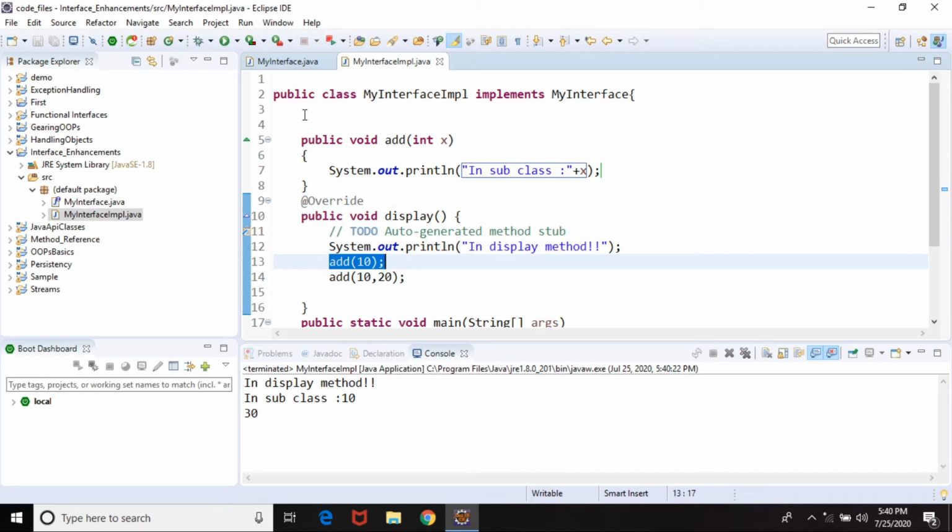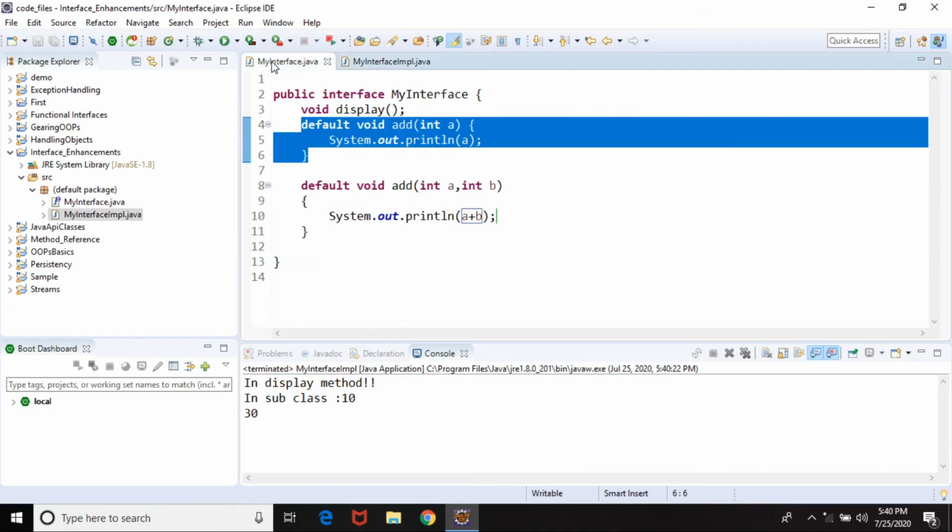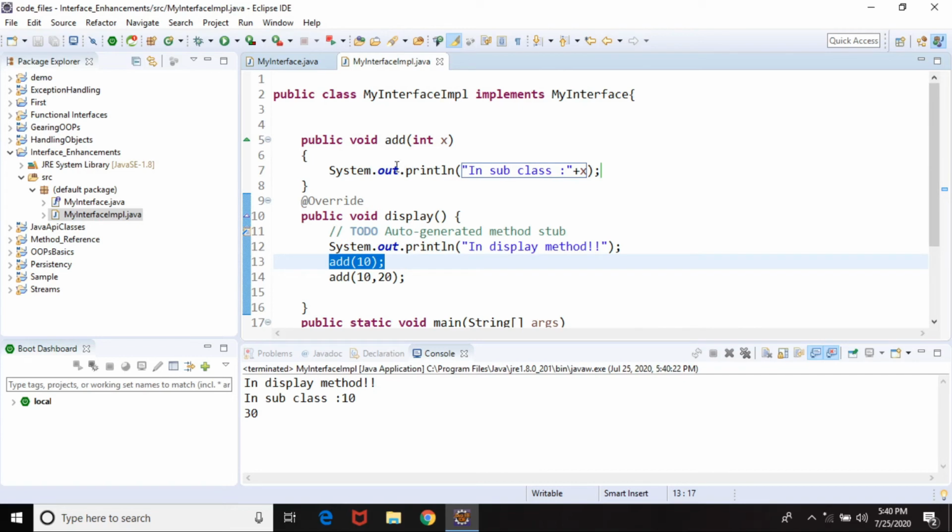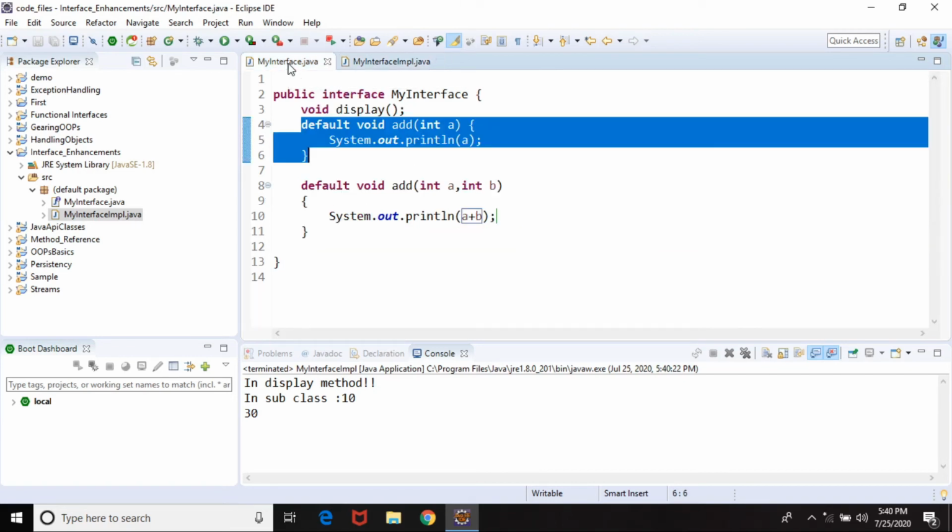So whenever you have a default method in your interface, you can override the method in the subclass, or you can simply say that I don't want to override that method. It is the subclass's choice whether to override the method or not. So everything will be controlled by this particular class. This way you are going to make sure that even though you add new methods in an interface, you still need not worry about the subclass, whether my subclass fails in that aspect or not, right? So that's the first thing that you should know.